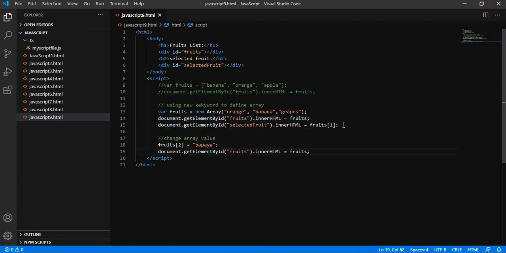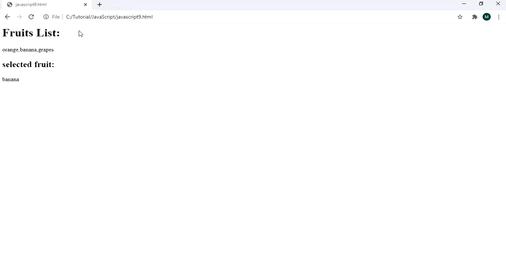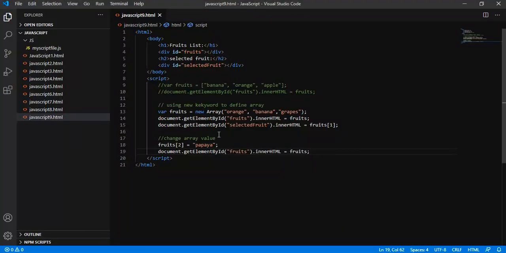Let's see what will happen. So we have replaced the value grapes with papaya by passing the value at that particular index. When I am assigning a single value, we are simply assigning a single element of the array. When I am assigning this particular array directly to the inner HTML, then this is called accessing the full array.